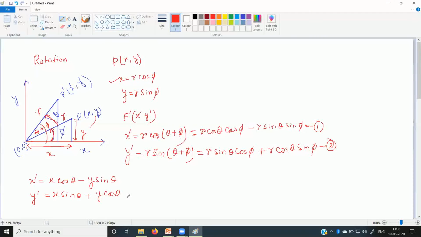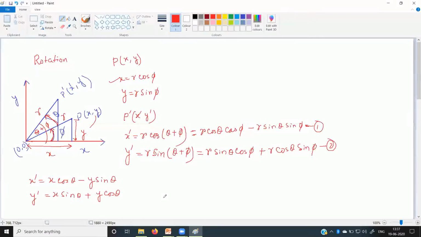Clear? So in this way, if I know the angle by which we have to rotate the point, and if I know the previous XY coordinate, then I can compute the points after rotation. And if we can estimate the points after the rotation, then by using the new points, we can draw the object. The same logic is followed everywhere for every graphics application.